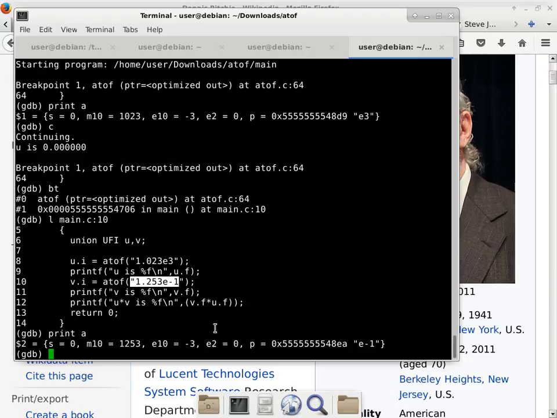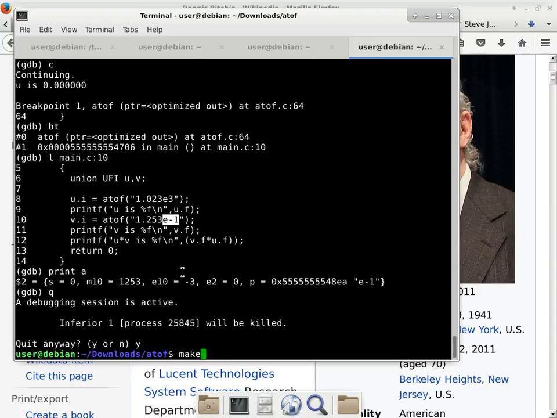Right, because I haven't written parse exponent. So this is all good, okay? Because it's just reading this part at this point. The E-1 has not been parsed yet. So the program did exactly what it's supposed to. Very good. So go back to